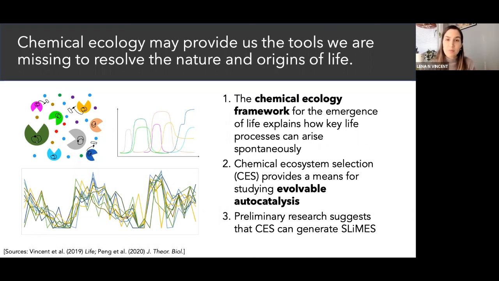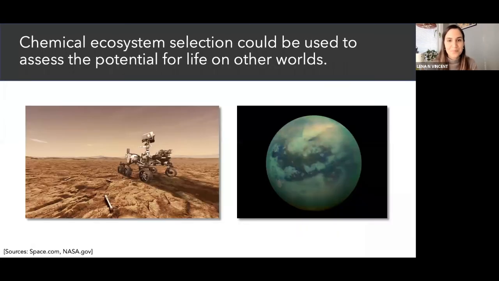Further work in our laboratory will go to trying to understand these results a little bit better and further expanding both our theoretical and empirical models to help better serve the community of astrobiologists trying to understand life as a general phenomenon. And finally, because the chemical ecosystem selection approach can be deployed on virtually any set of conditions, we might be able to use it to see whether conditions representative of other worlds could yield chemical ecology or lifelike dynamics, which will help us further assess the potential for life on other worlds, such as Mars or Titan and beyond.